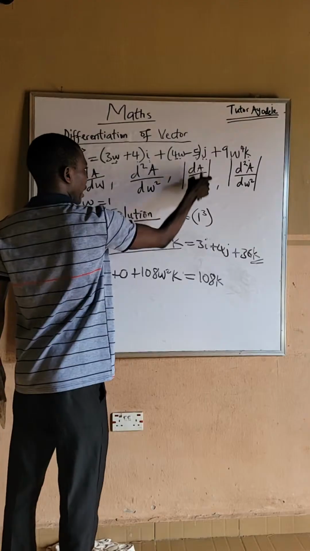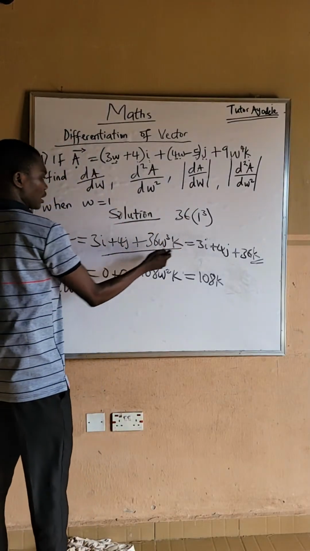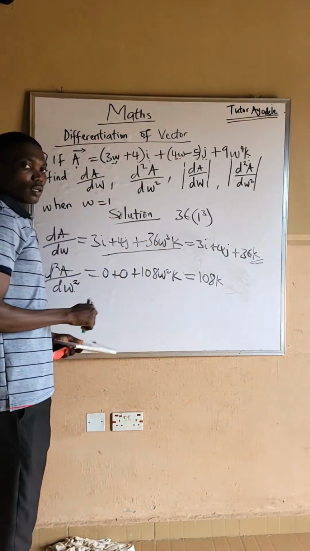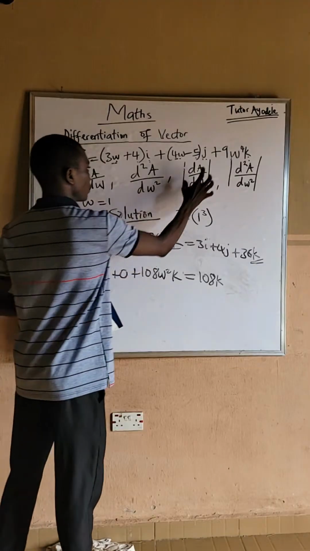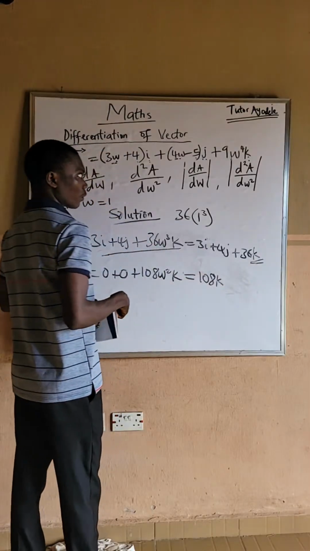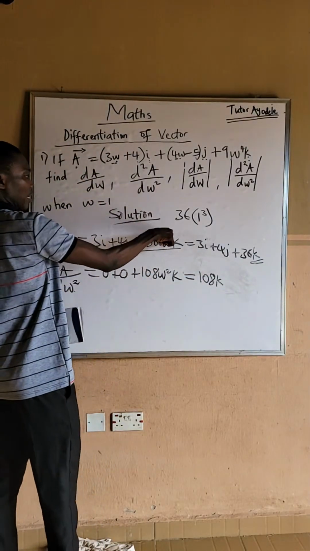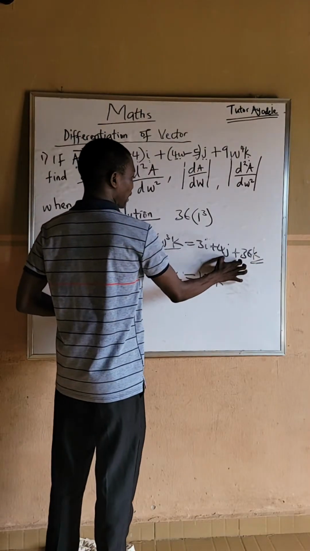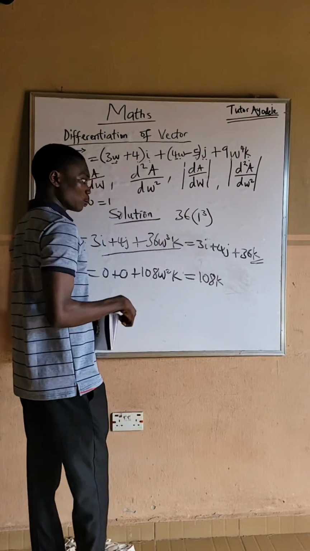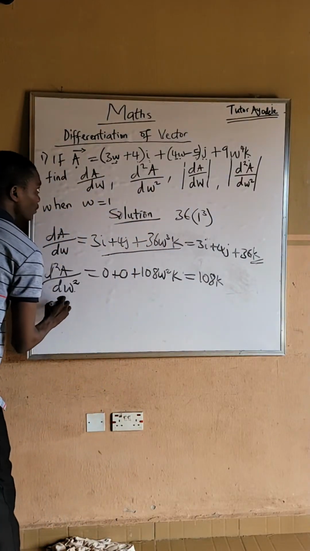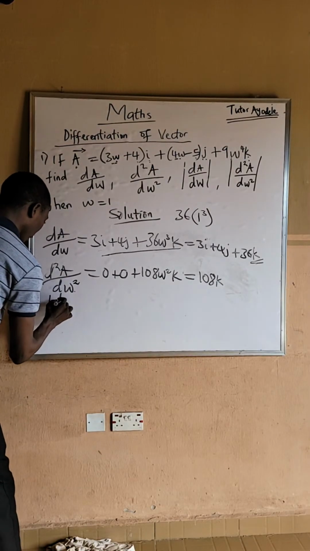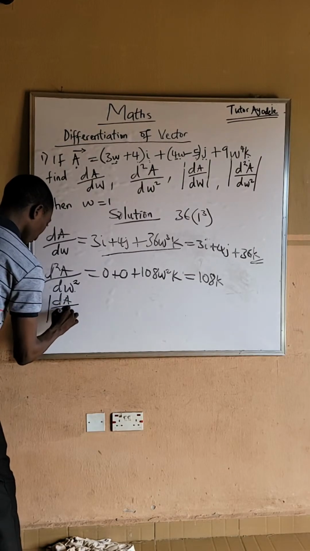Now, this, the A over the W, which is this, is given to be this. So let's find the magnitude of this to get the value of this. Mind you that this is also the same thing as this, because we have already substituted the value of W here. So if you find the magnitude of this, whatever you have will give us the answer here. So to find the magnitude, you will do it like this. The magnitude of the A over the W